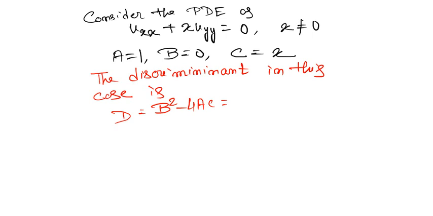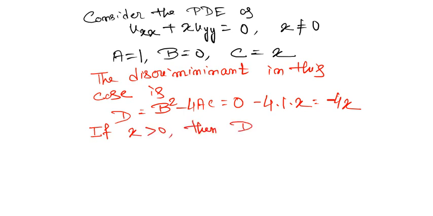So b is 0, 4 into a is 1, so minus 4x. So as you can see here, the sign of D will depend on whether x is positive or negative. So there are two types. If x is greater than 0, then D is negative